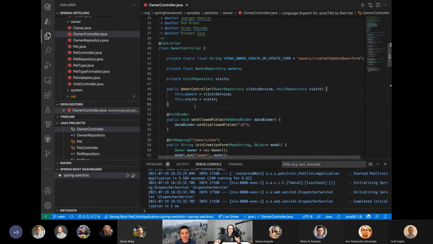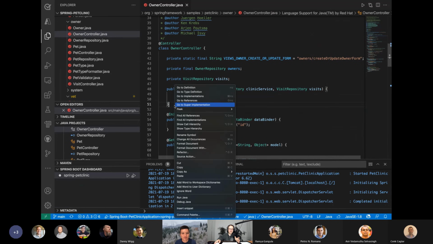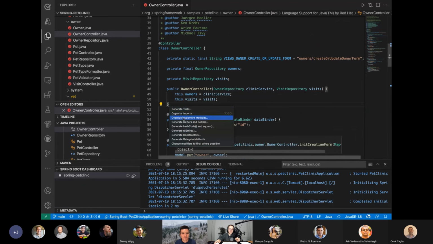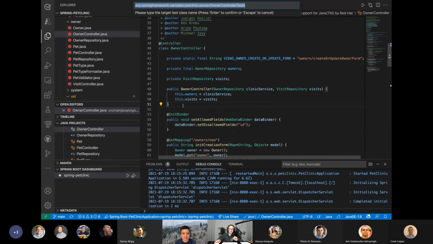So if I right click here and I go source action, I can see organize imports, generate getters and setters, hash code, toString, constructors, delegate methods, modifiers to final. So I've got generate tests here. So I can go generate tests. Now listen to how clever this is. It's going to pick up that there is